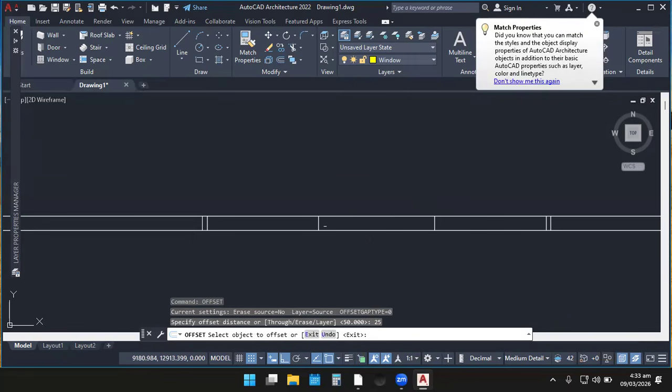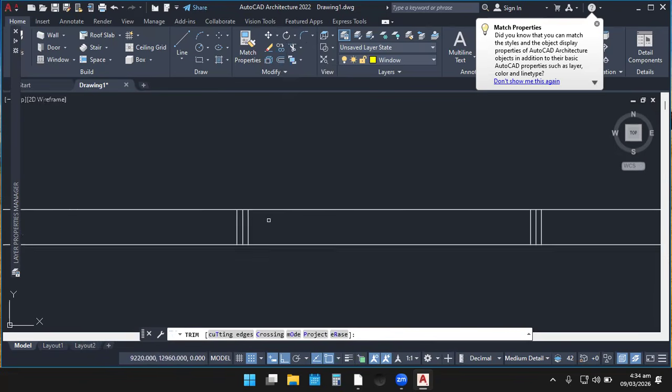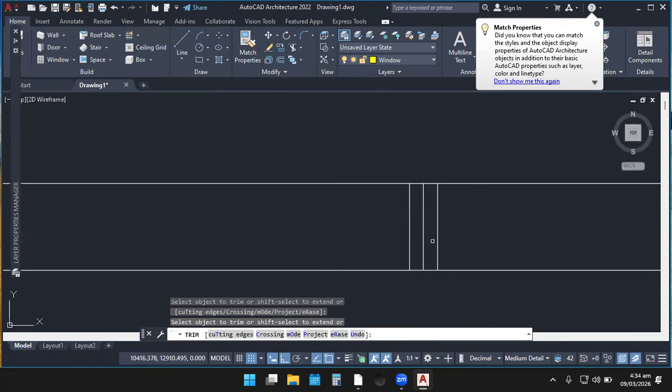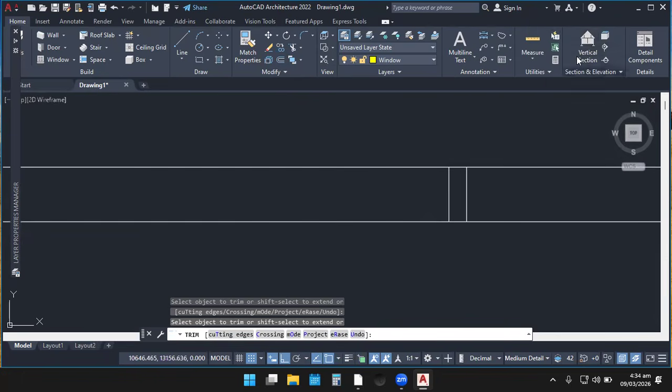So I'm going to offset this inward this way. I'm going to offset inward this way. Here, I do the same thing, and I do the same thing also over here. The only thing I'm going to do is trim the rest. I'm just going to remove the middle ones. Let's quickly take a tape measure to measure this one last time before we proceed.